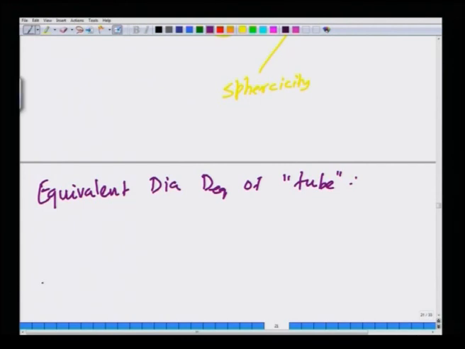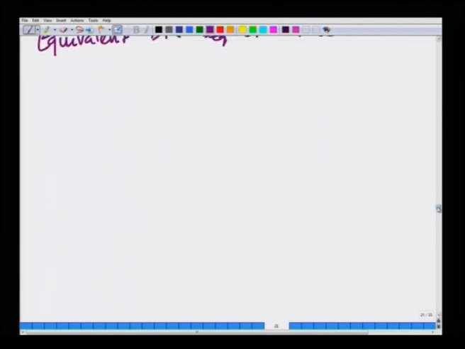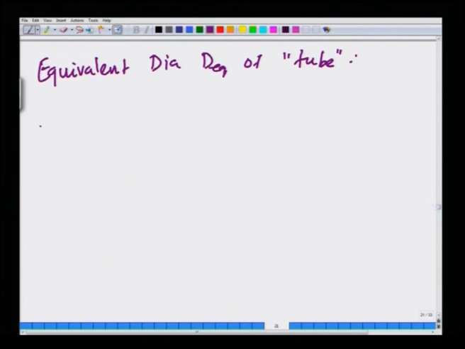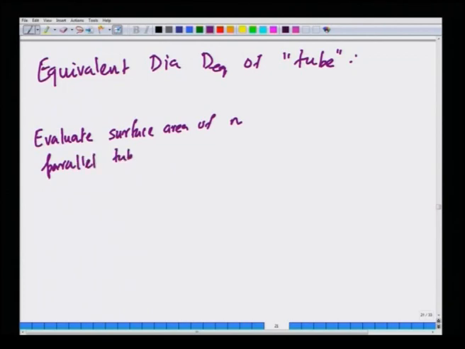Now, first thing we will do is to evaluate the surface area of the tubes. Surface area of n parallel tubes of length L. So, here we are assuming that the length of the tube is the same as the length of the bed,